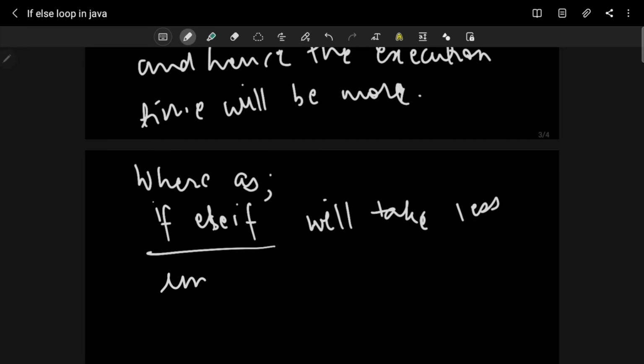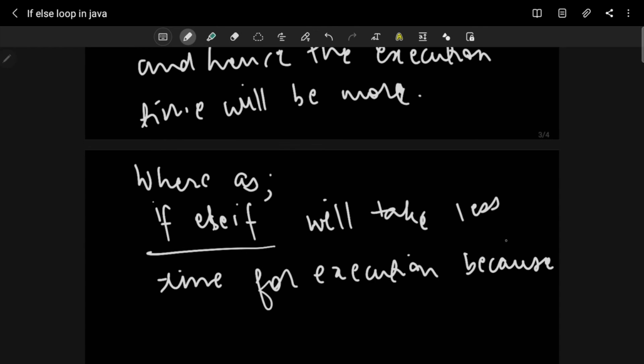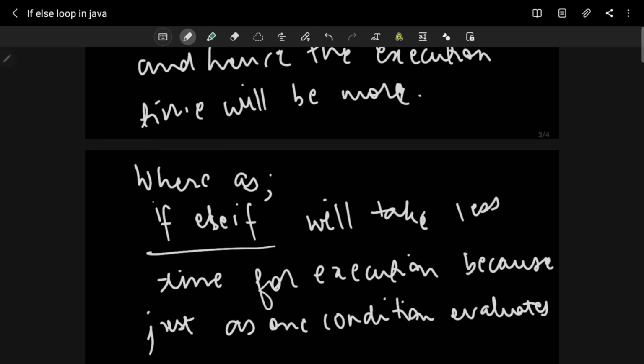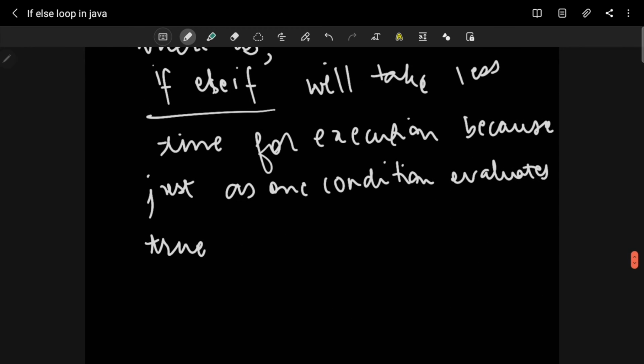Because it will take less time for execution, because just as one condition evaluates true, control will not check for the conditions.